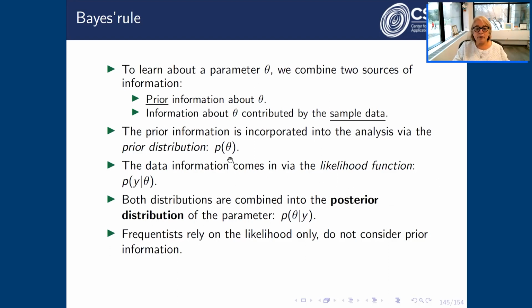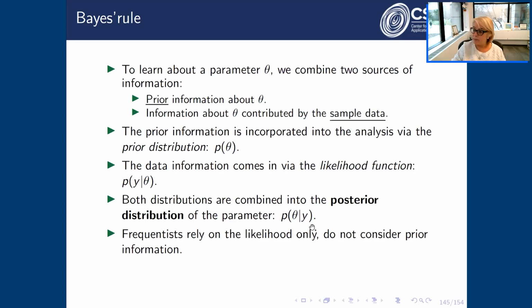And so if you combine both of these distributions, and this here just reads the probability of observing what I observed given the value of the population parameter, using Bayes' rule, and Bayes' rule tells you how to do this, then you obtain a third distribution called the posterior distribution. And the posterior distribution oftentimes is written in this way. It tells you what are the likely values of the parameter. So what are the likely values of theta in this case,